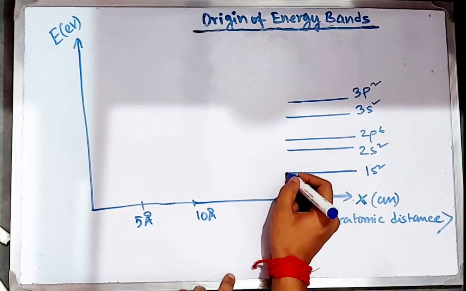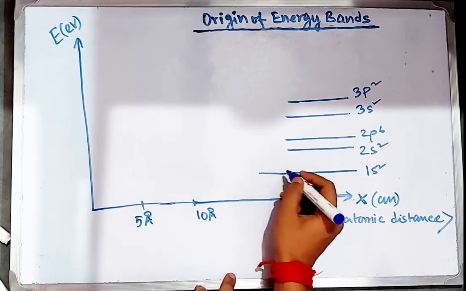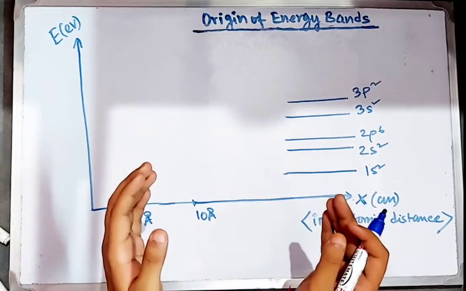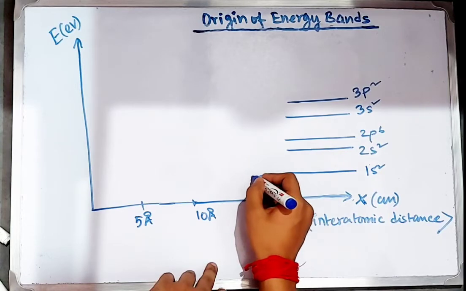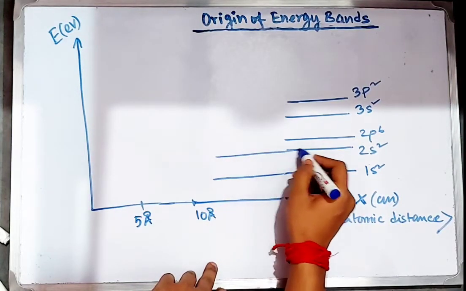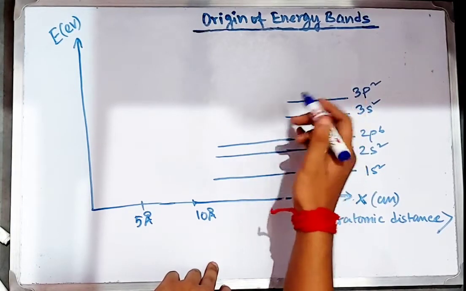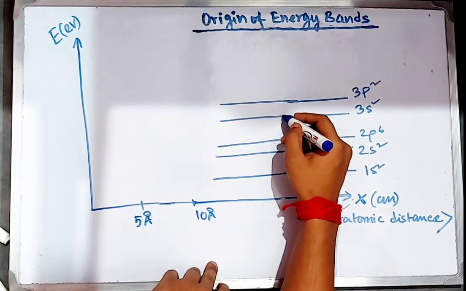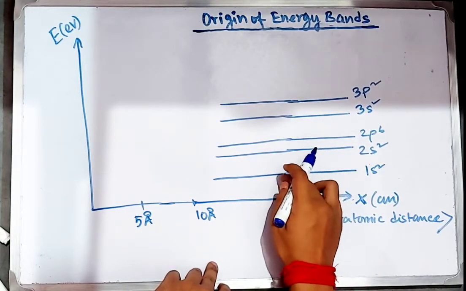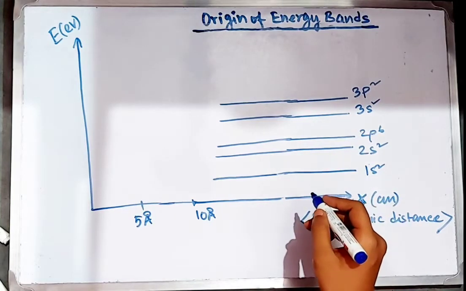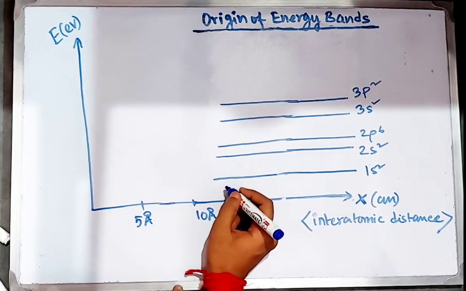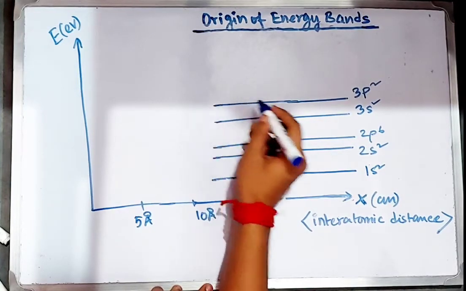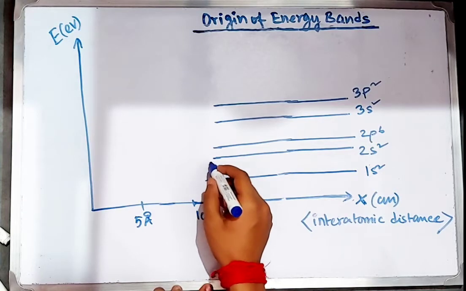But if we decrease the interatomic distance, that means if we make the atoms come closer to each other, then what happens? That is the interesting thing. That is the most interesting thing about energy bands. So up to 10 Angstrom, everything is just as it is in case of isolated atom. But when the distance between the atoms comes near 10 Angstrom,